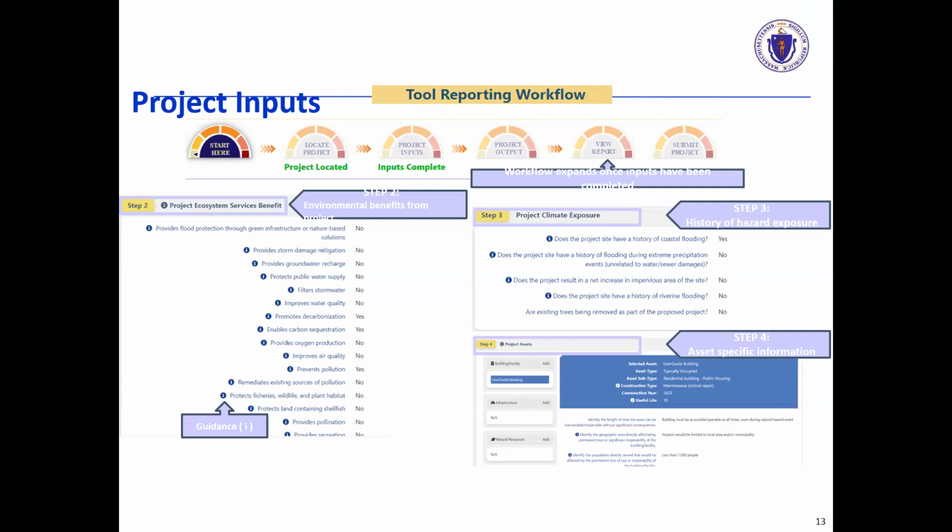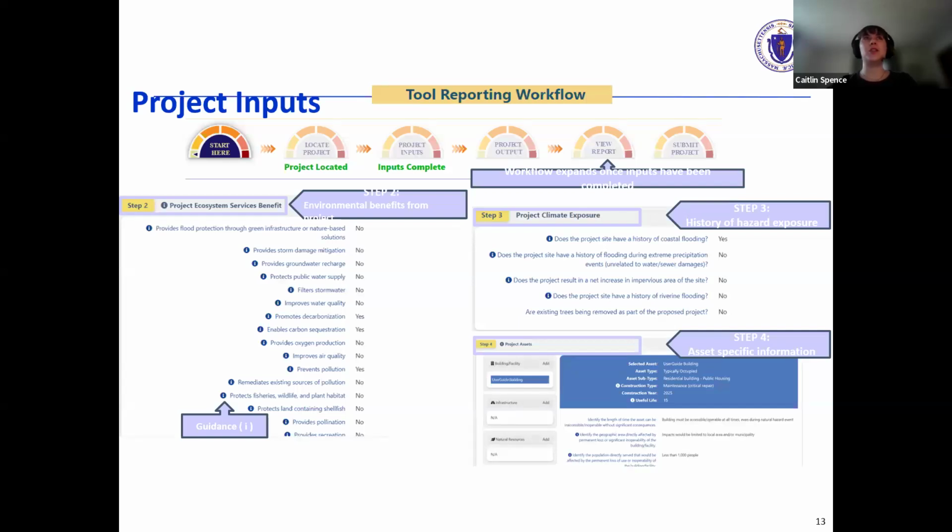On the right, we see how the user can enter project climate exposure, which again is about what the user knows about the hazards that have occurred at the project site in the past. And in step 4, entering asset-specific information. So if the project will build, for example, a building, the user would enter that as a specific asset and answer some questions about the asset.